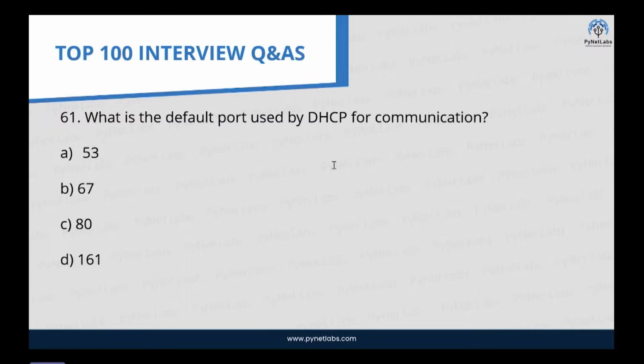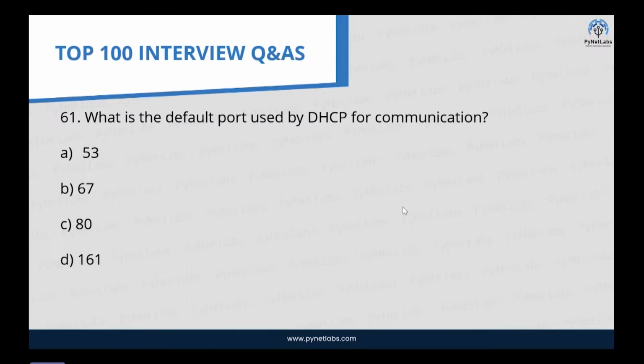As we know, DHCP is a client-server model. So the default port number used by the DHCP server is to listen for the client requests. When a device on the network, such as a computer or any other network device, is asking for the dynamic IP configurations, it sends a DHCP request to the DHCP server using port number 67. Whereas there is another port number, 68, which is used for the client. The client uses it to listen for the responses from the DHCP server. So after sending the DHCP request, the client will listen on port number 68